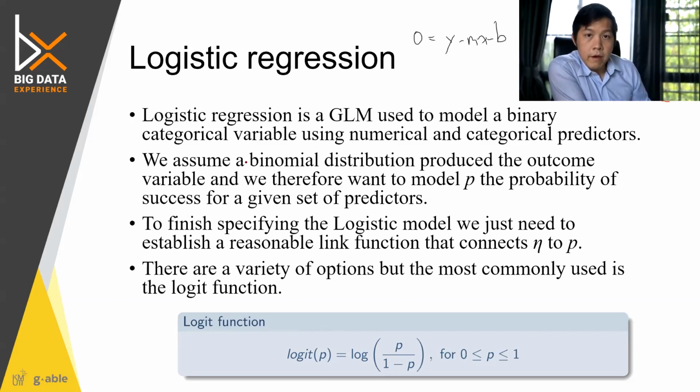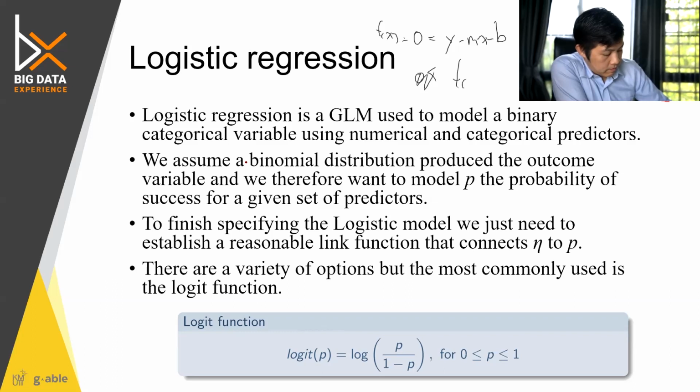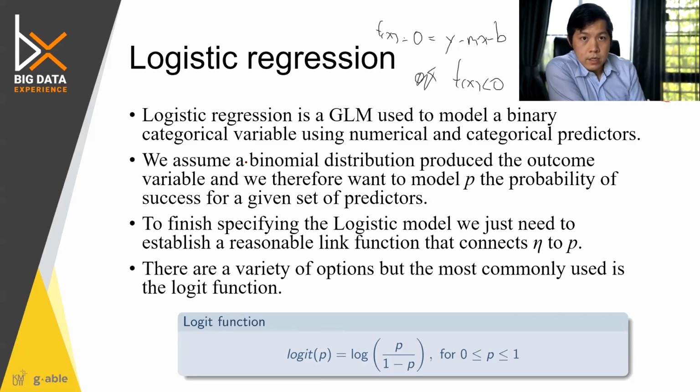But if the point is under the line, then you would have this value less than 0, right? f(x) would be less than 0 in that case. So from the value that you calculated, if you have m and b trained and you put the values of the points into the line,